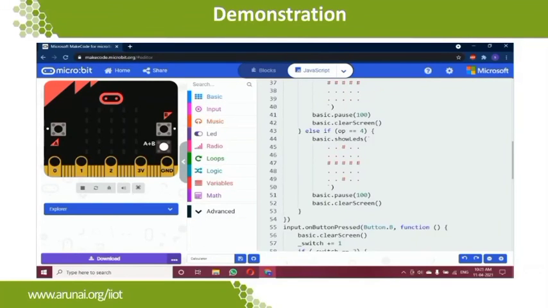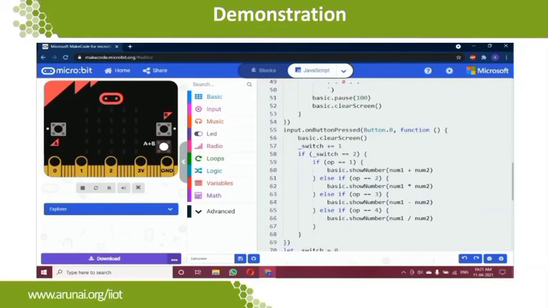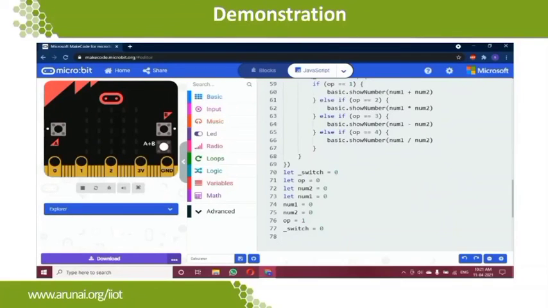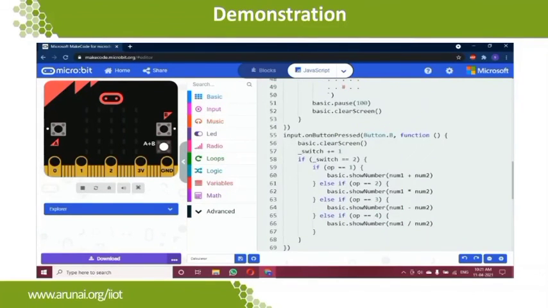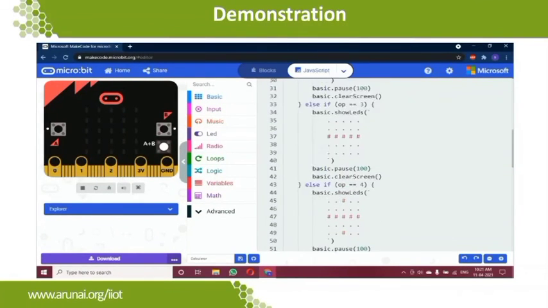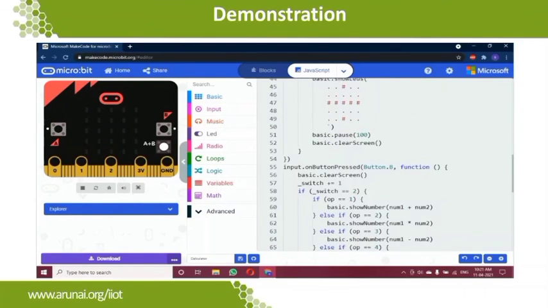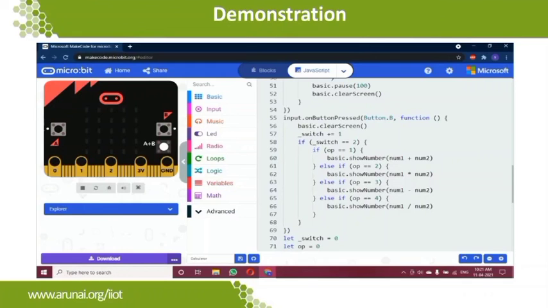Then if it is only B, we are just going to have switch change values, then it will be the result part. So on start we are going to have the initializations. So this will be the entire code. So JavaScript, you can also edit the JavaScript and get the equivalent block code as well. So it's simple, right? It will depend on the logic, how big the conditions may vary. So let me show you the output as well.